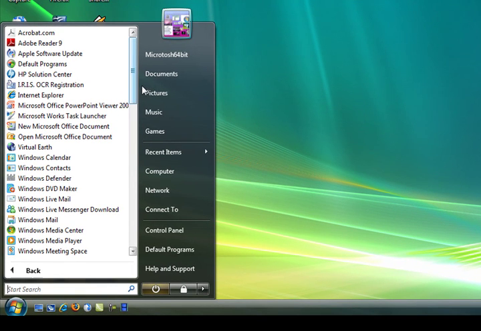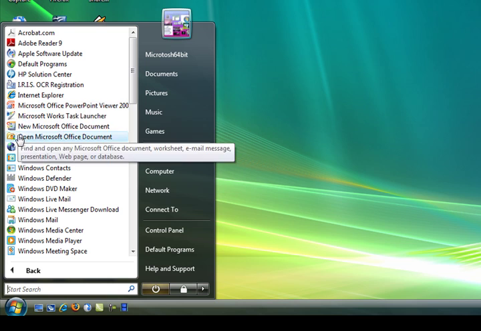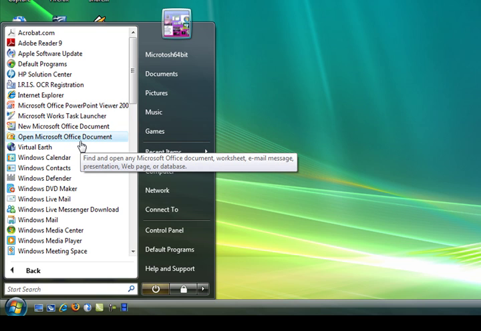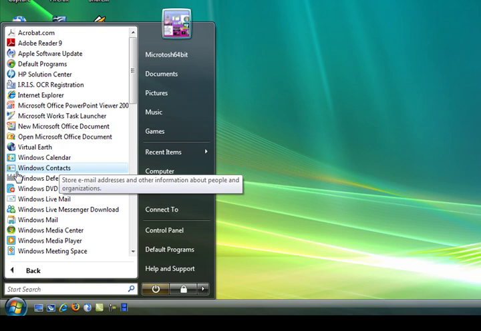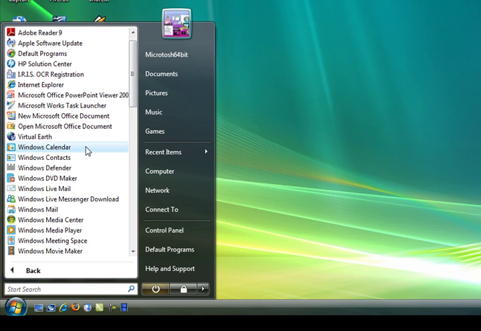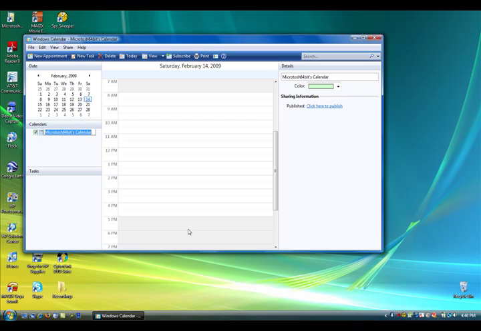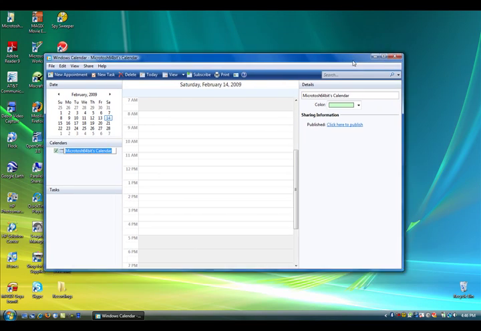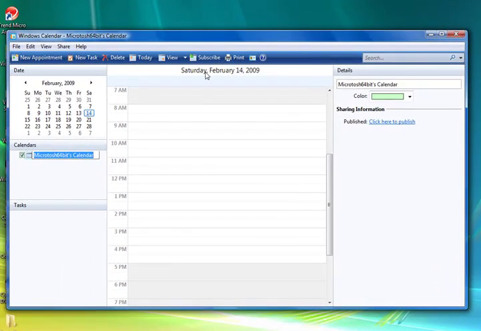First, when you go to Start, All Programs, you see some things here. You have Internet Explorer and some other programs. My Office, which I have. But let's take a look at these other Windows-based programs, like Windows Calendar. We open Windows Calendar. We see a nice calendar program